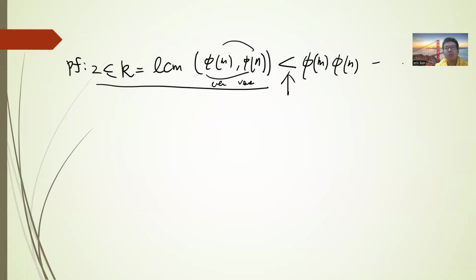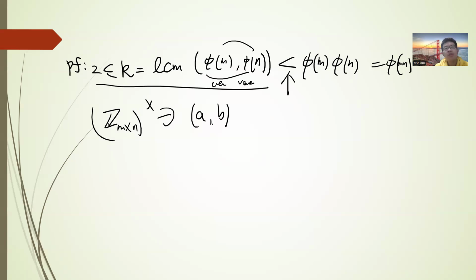By multiplicativity, phi(M) times phi(N) is phi(MN). Now if I take any element, written as the tuple (A, B),